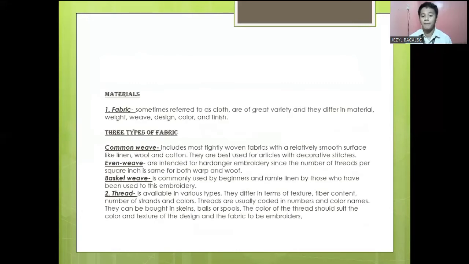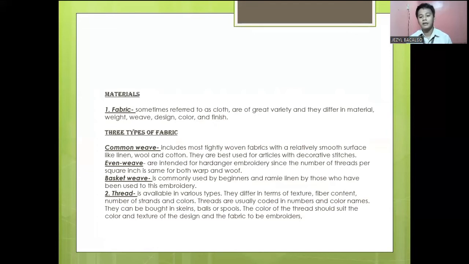So number one is the fabric, sometimes referred to as cloth. There is great variety, and they differ in materials, weight, weave, design, color, and finish. So here are the three types of fabric. Number one, common weave, includes most tightly woven fabrics, which have a relatively smooth surface, like linen, wool, and cotton. They are best used for